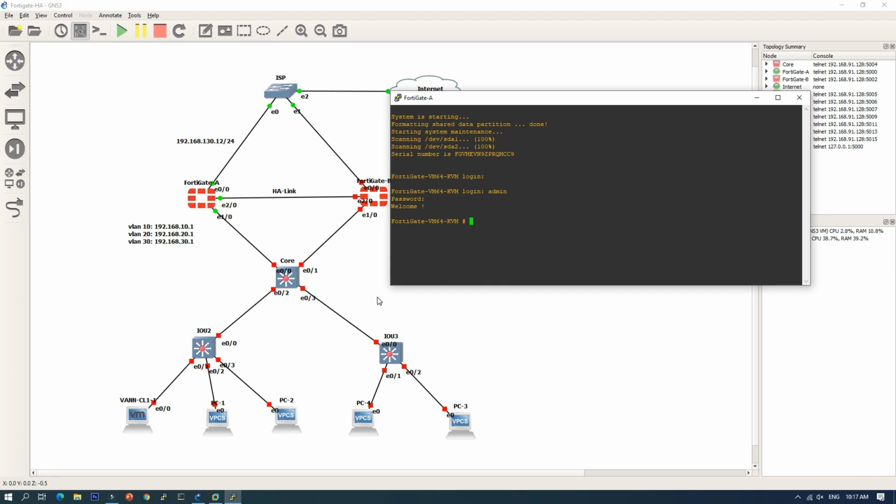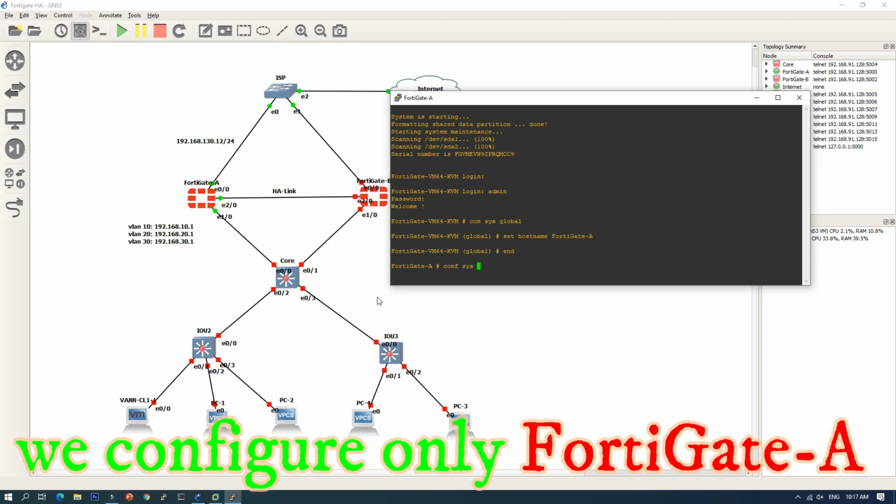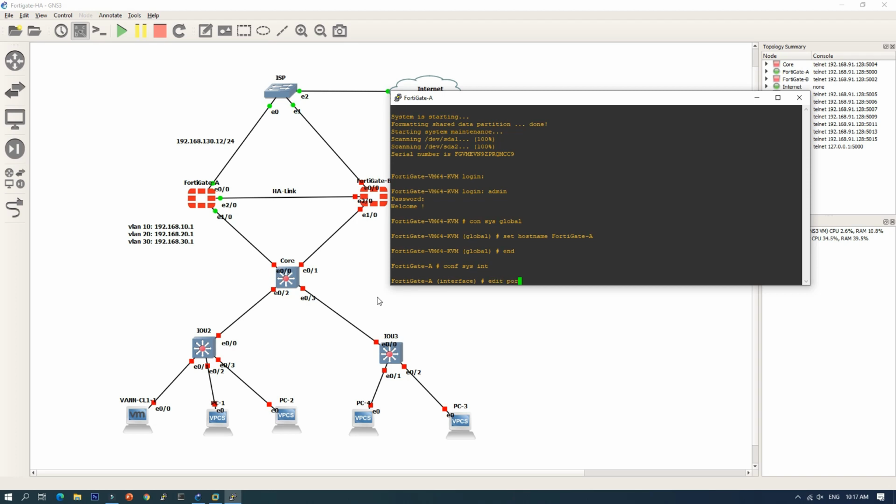Okay, so config system global, set hostname FortiGate A. Okay, and config system interface, edit port 1.